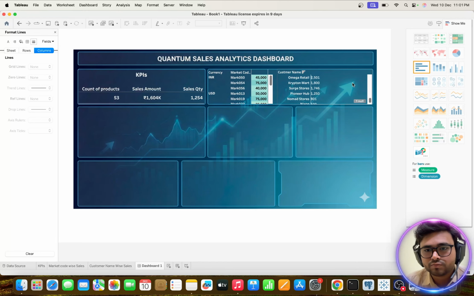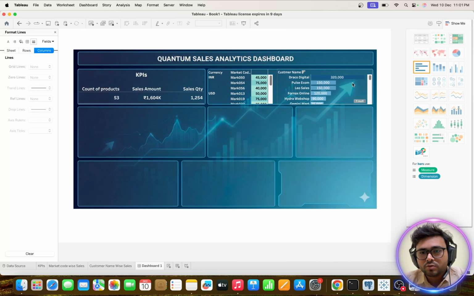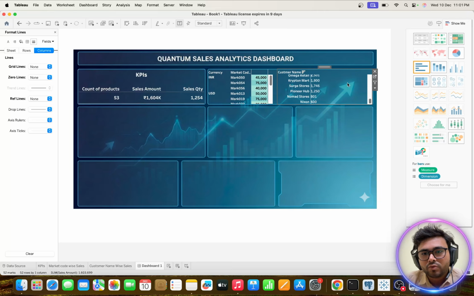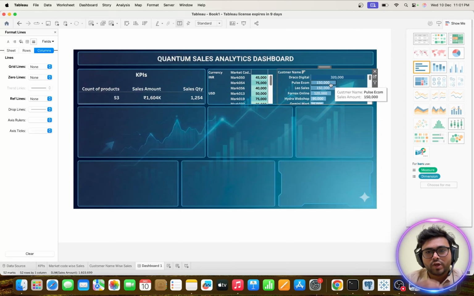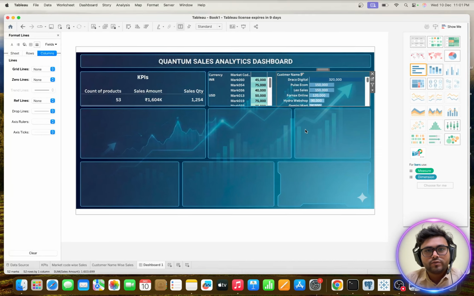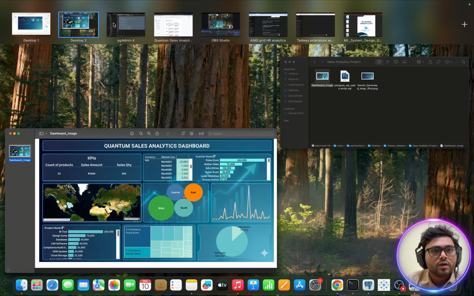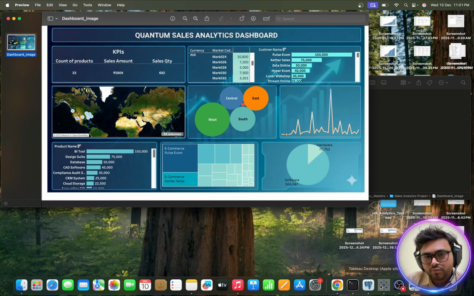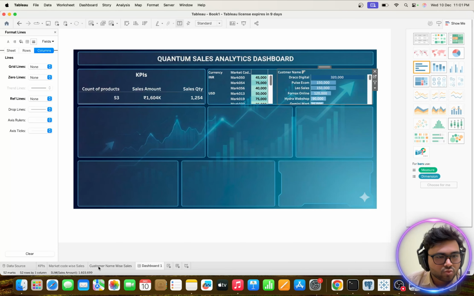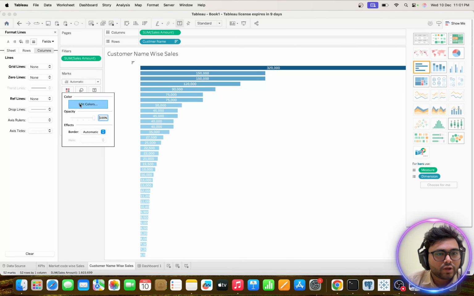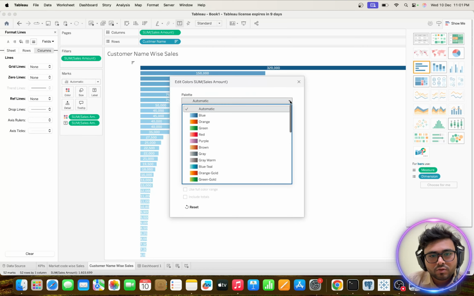All right, so this looks good. We have one null values, which is fine, we can ignore it. If you see and say filter data, so it will remove that null also. So we have filtered that null value. Fine. Now this color we need to make it little bit changed. We need this sand color, so I can go over here and come to the customer and color, edit color, this thing, and